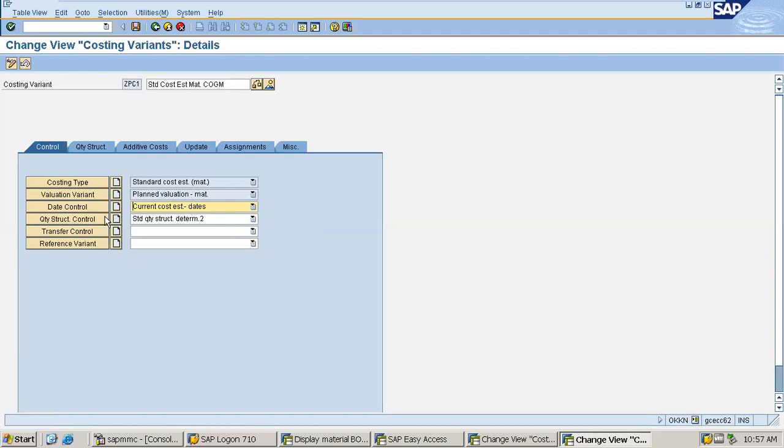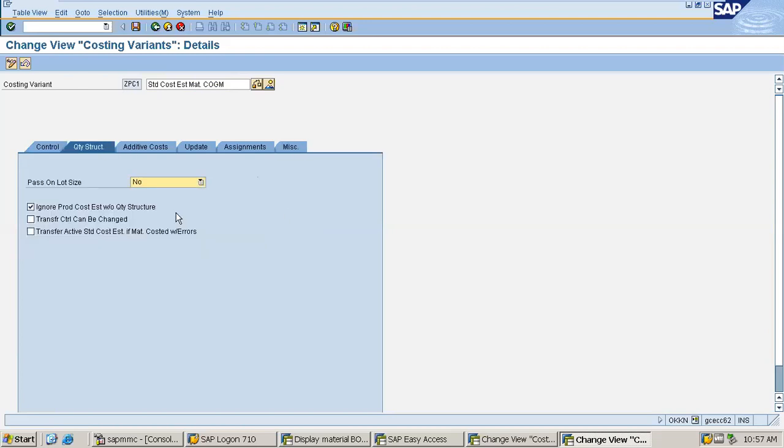Now for quantity structure control, I have done quantity structure determination 1 and 2. You can choose anything you want. Now going to the quantity structure, pass on lot size, here I have chosen no. If you want to enable this, you can do always, or if you want to enable this for individual requirement, then you can also do that. That depends upon your wish and the business requirement. Now I have ignored production cost without quantity structure.